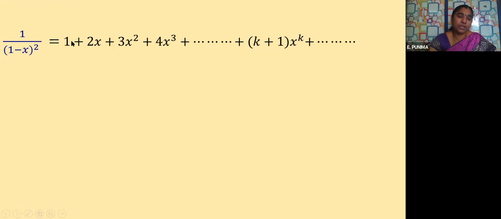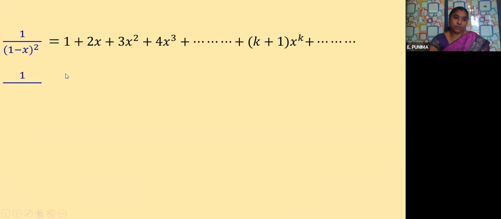Next, here x to the power of 0, the coefficient is 1. And if k is 2, then 2 plus 1 is 3, so the coefficient is 3. So that means whatever is the power you have for x, the coefficient is 1 plus that. Yes or not? Here power is 1, the coefficient is 1 plus 1 is 2. Here power is 2, so the coefficient is 2 plus 1 is 3, and so on. So in general, the power is k, then its coefficient should be k plus 1. So this is the expansion.